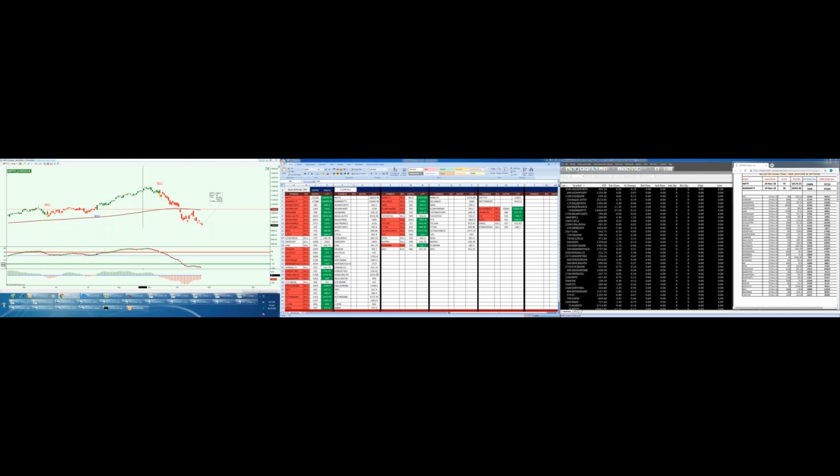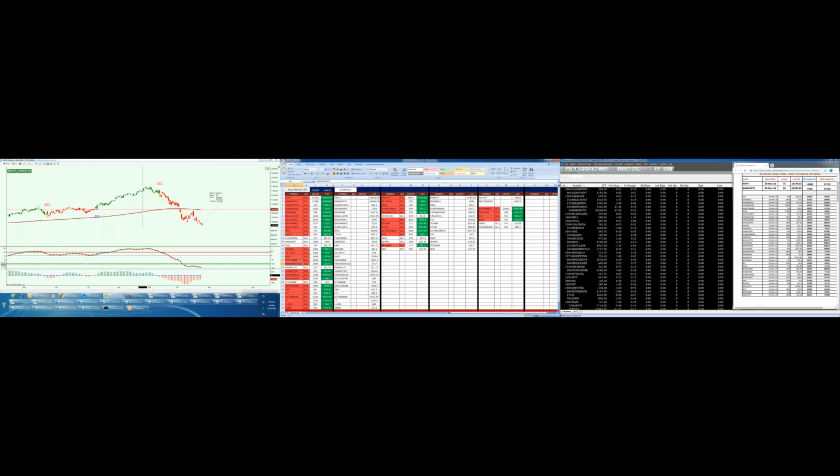So what we have done is, in the middle you have an Excel application. This works on Microsoft Excel 2007. Here we have the name of the script, that is Nifty. Is it a buy or a sell? What is the entry price? What is the LTP? If the LTP is in green, it means it is in profit. In case the LTP goes to red, then it is in loss. Whenever there is a sell call, you'll find the name of the script with a red background. And whenever there is a buy call, it will go green.